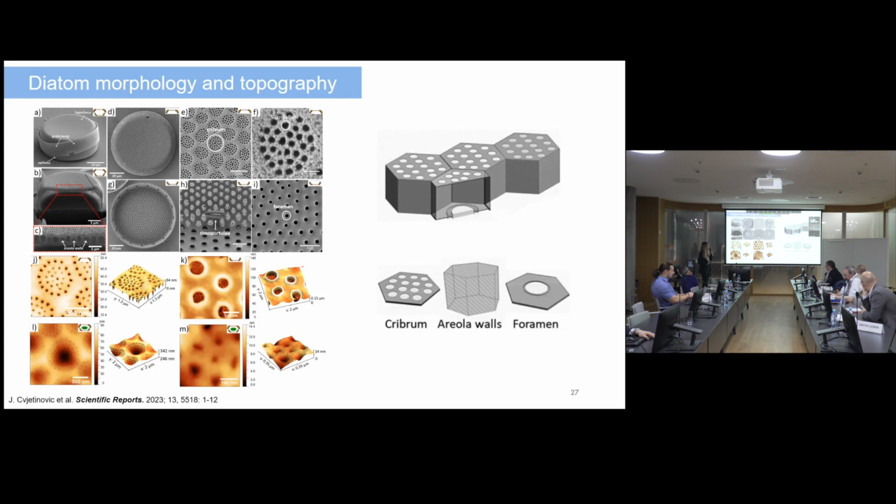When we look at this topography, we can see that this silica frustule surface is not flat, but rather decorated with porous domes and forms a hilly terrain, in order to better analyze and interpret the future